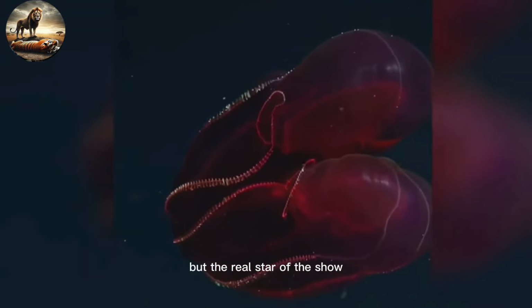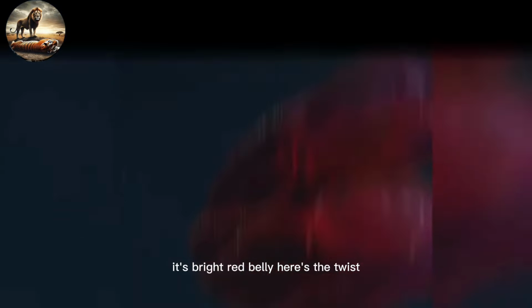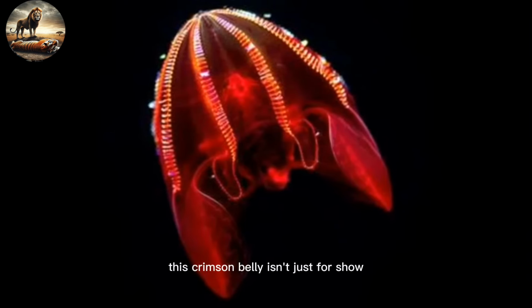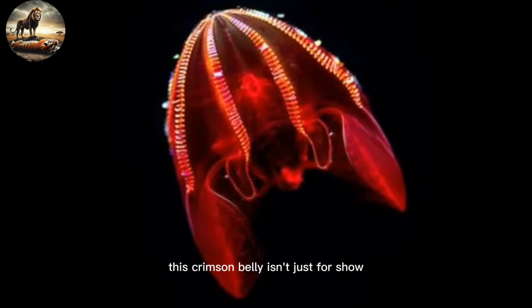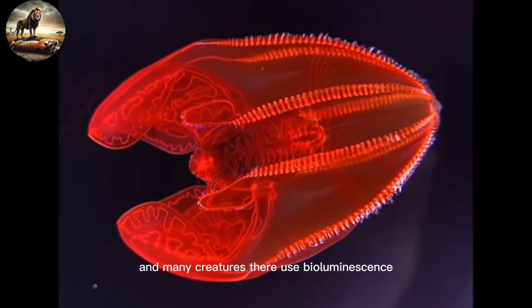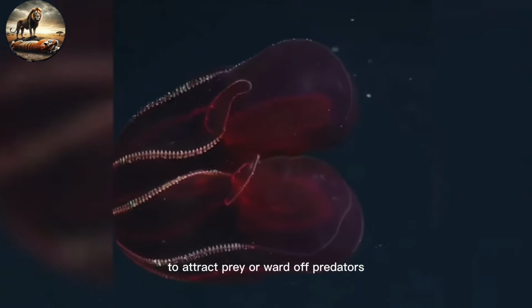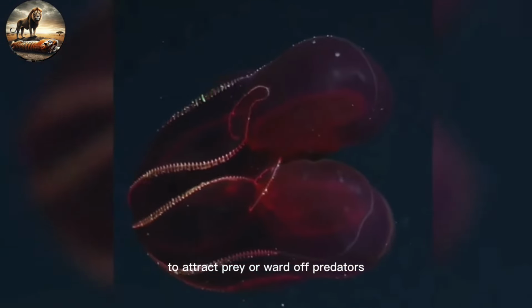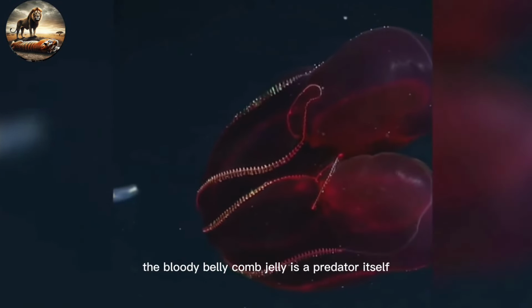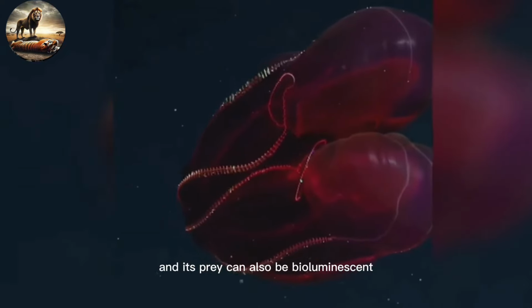But the real star of the show is the bloody belly's namesake. Its bright red belly. Here's the twist. This crimson belly isn't just for show. The deep sea is a dark and mysterious place, and many creatures there use bioluminescence, like a built-in flashlight, to attract prey or ward off predators. The bloody belly comb jelly is a predator itself, and its prey can also be bioluminescent. Scientists believe the red belly acts like